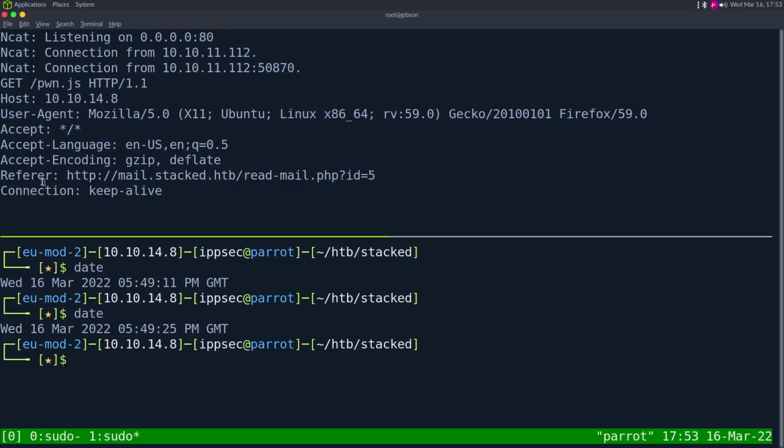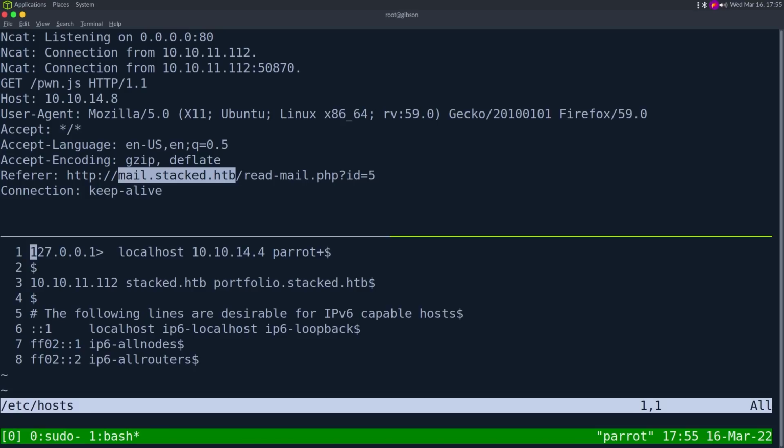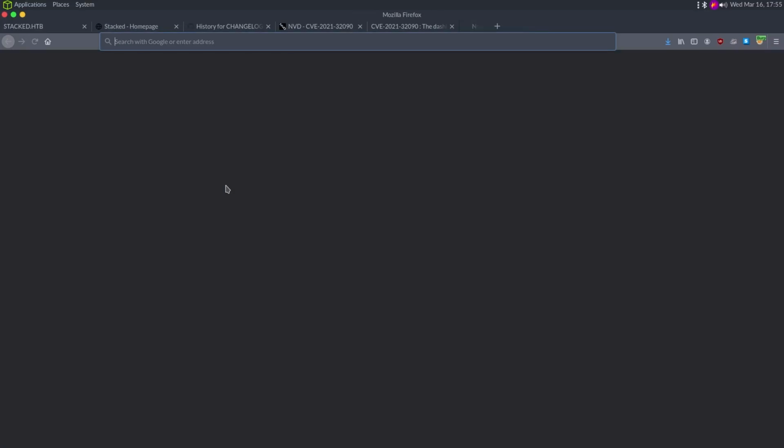And we can see the referrer, which means where they launched this from, was mail.stacked.htb on ID 5, which isn't that interesting to me. But what is interesting is this new domain, mail.stack.htb. So let's add this to my host file. So if I do /etc/hosts, we can add mail.stack.htb. And I don't think this is going to go anywhere because our